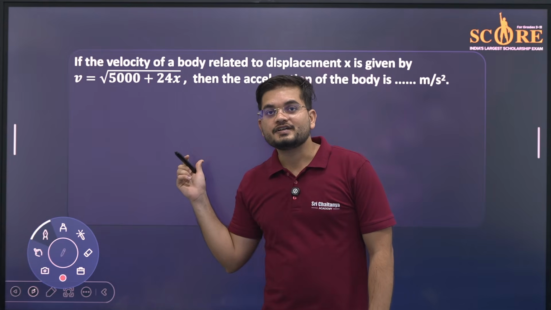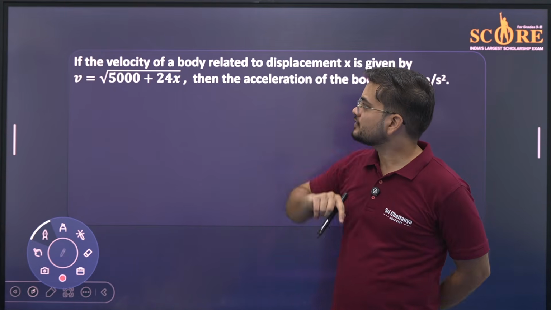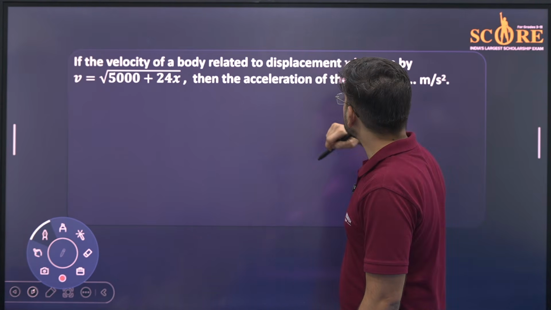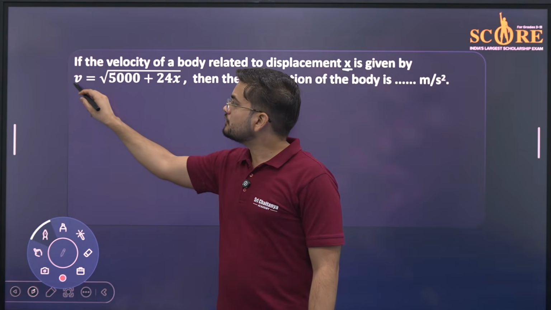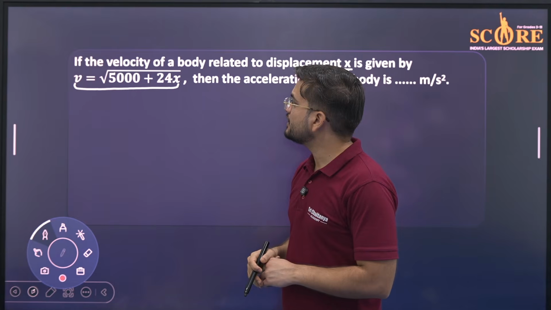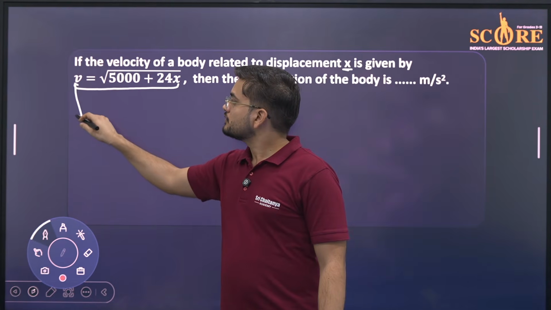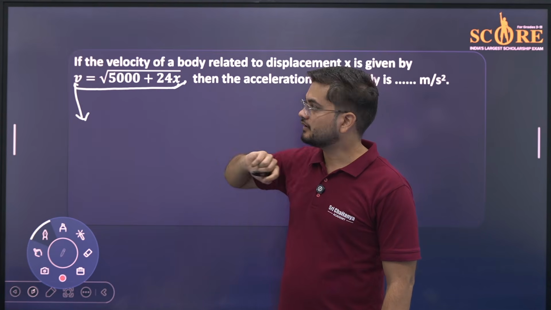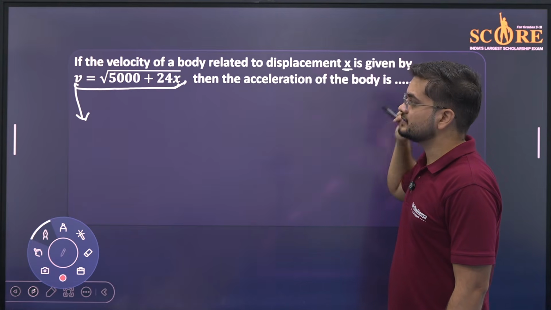Next problem is also based on calculus. What is the problem? Velocity of a body related to displacement x is given by v is equal to under root 5000 plus 24x. Here velocity is a function of x, remember. Then the acceleration of the body is